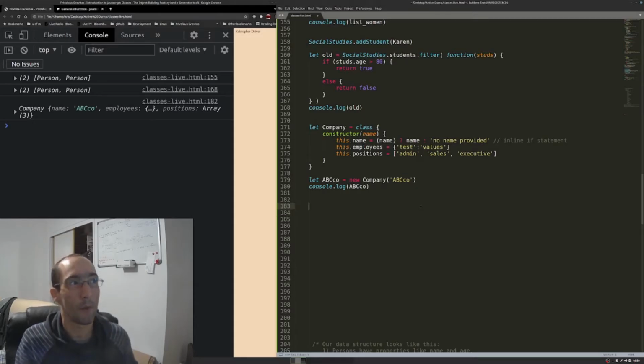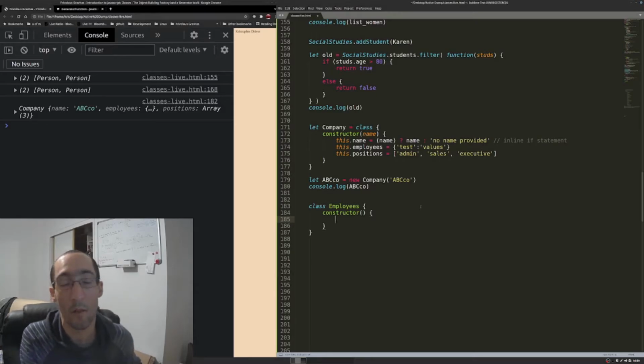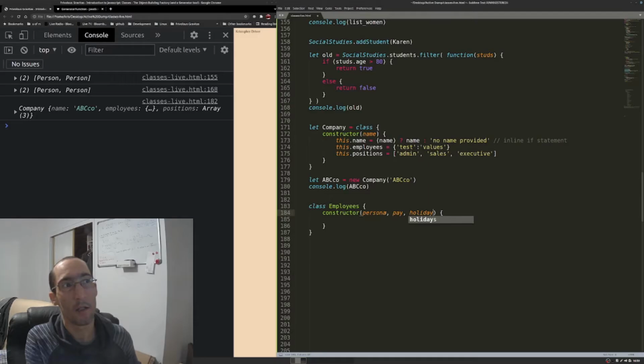Okay, so what do we need for our company? We need employees. So I'm going to stick to practicing this way just for now, because this seems to be the method I keep having trouble with. Not method like function method, but method like process method. Person A, they're going to have a pay. I want to put their holidays in an object. So maybe I'll make another class for the object for